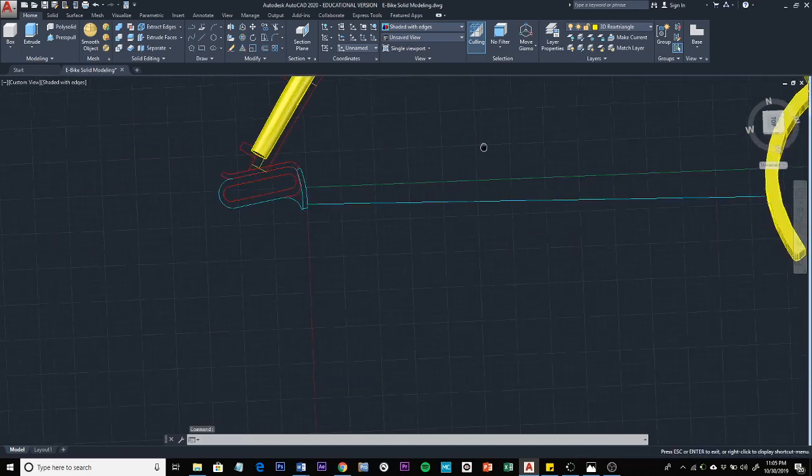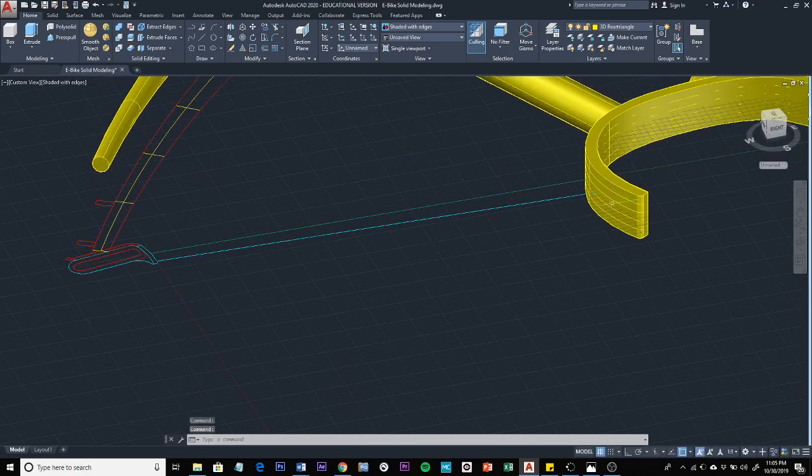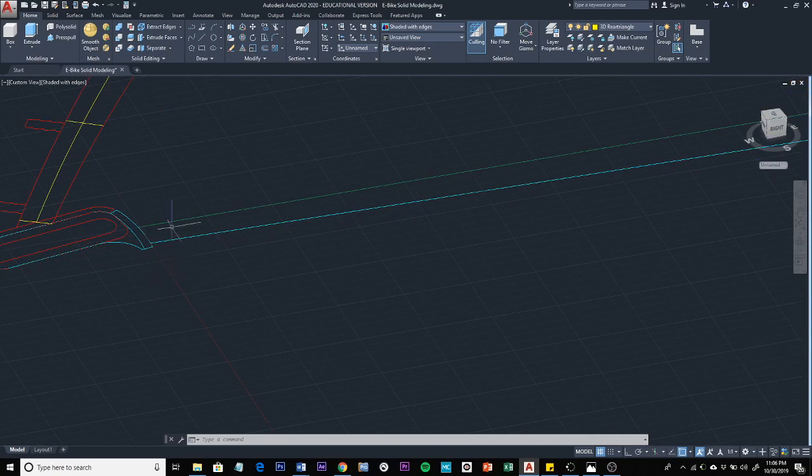So what we want to do here is create a circle for the end here, a circle on the other end, and then we're going to need to draw a path that curves out and around the tire, or the wheel, in space and meets up with this one over here. So first thing I'm going to do is use a line to reference the center point. So we're going to create a line,